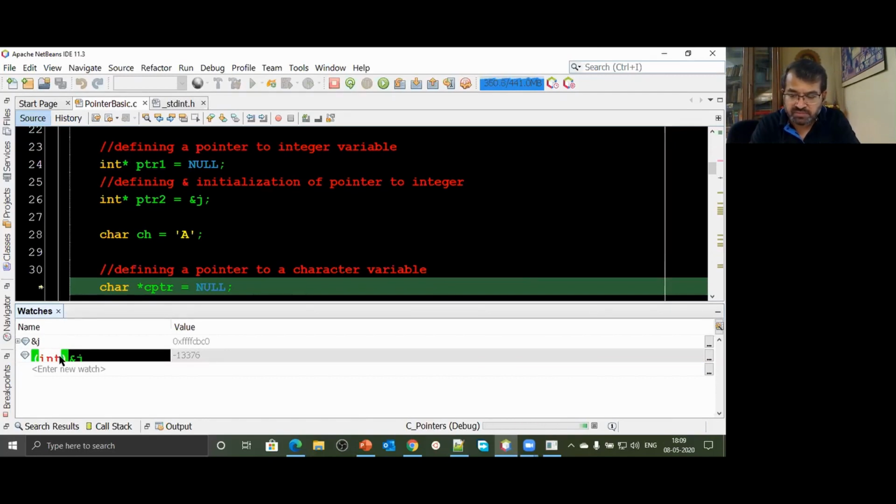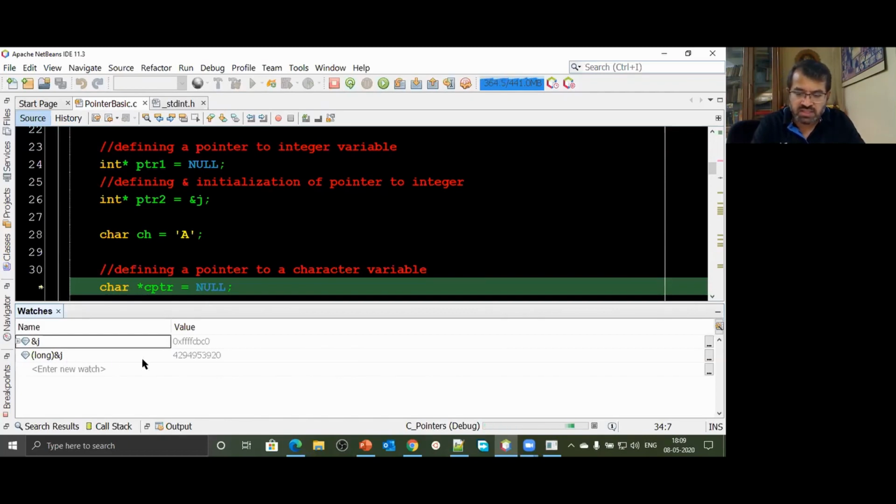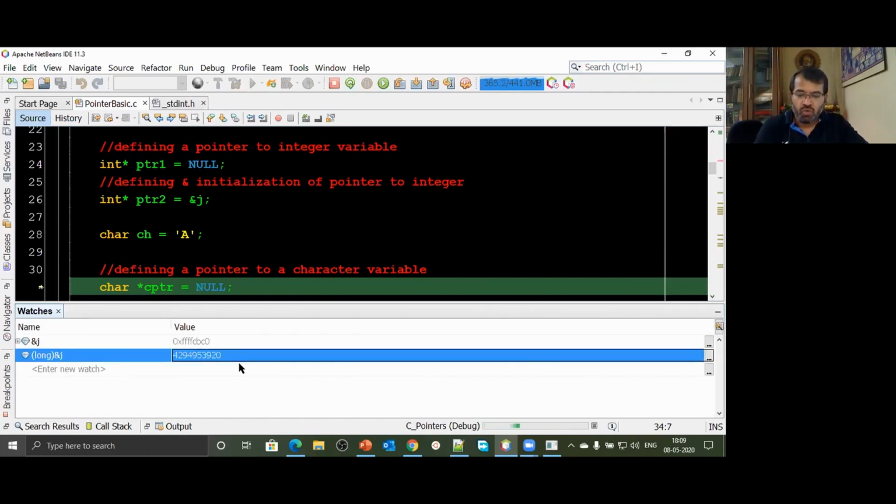Let me say long address of j. So this is the address that we have. It's 429449539, whatever the number may be. It's not even a 10-digit number. So this particular number can be very easily stored in a variable whose size is 8 bytes.